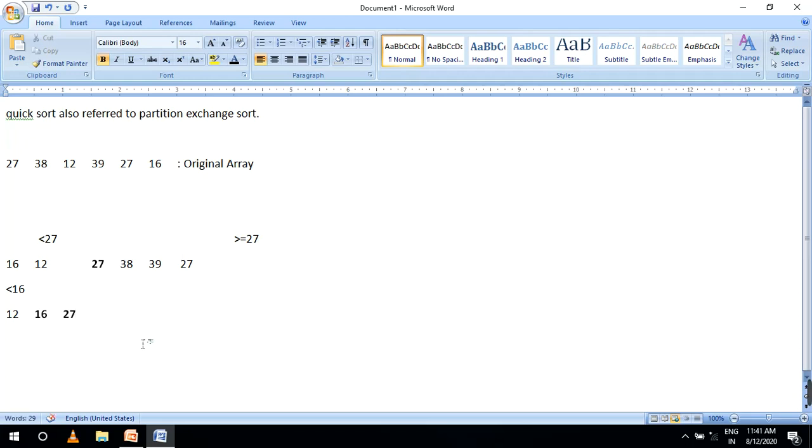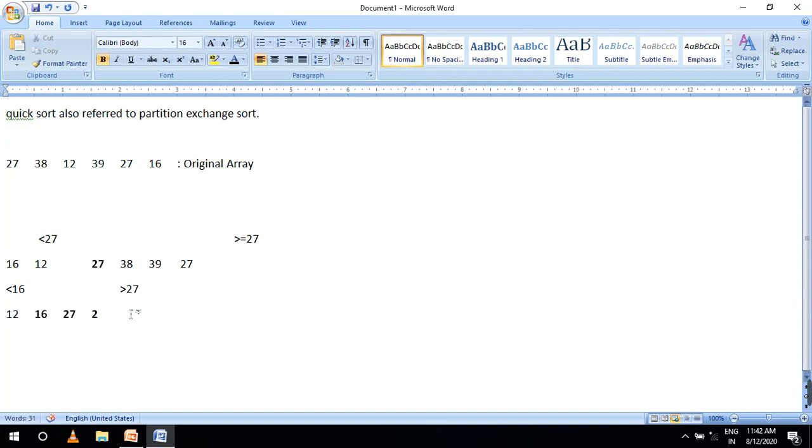Here once again you will get 27. On the right side, you will get greater than or equal to 27. So what are the elements if you declare?